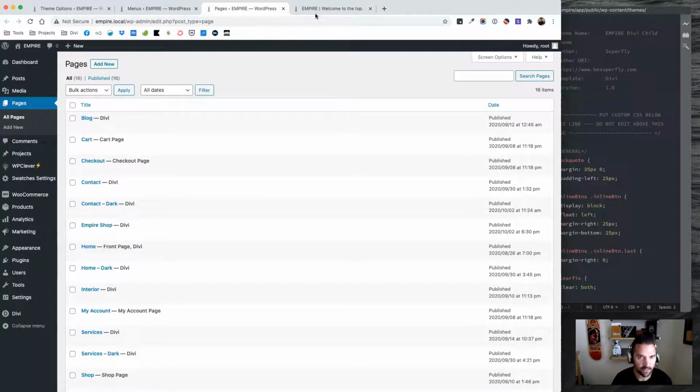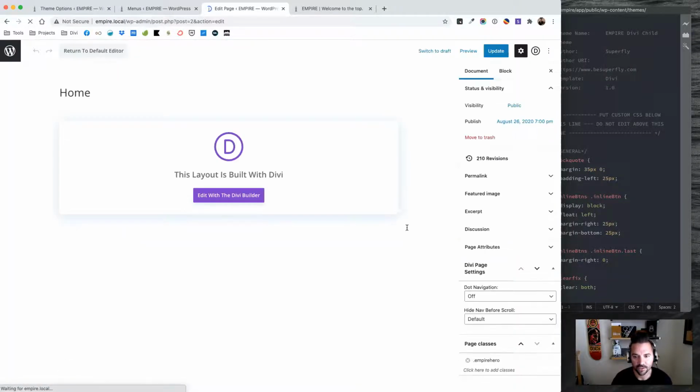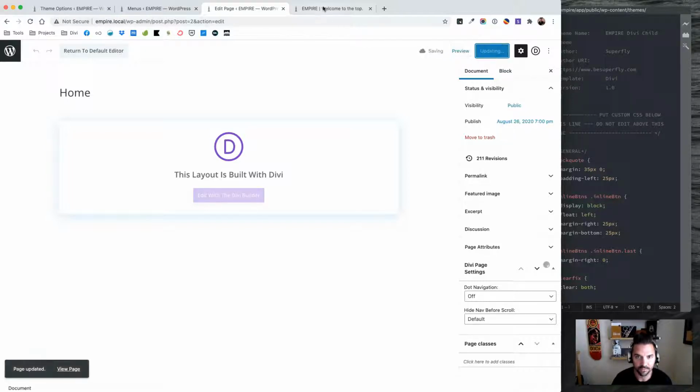So for the transparent header, it's on a per page basis. And if I go into the home page, just the regular edit, not edit with Divi, or click on the title, I'll be taken to this page edit screen. And you'll see down here we have page classes Empire Hero. If I take this off and I update this page,